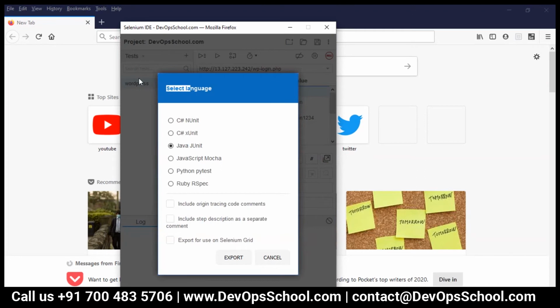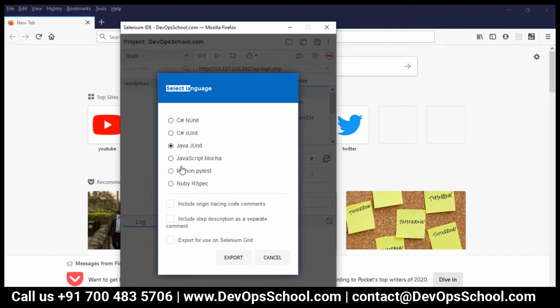Guys, here you get so many options. If you are a C# programmer, you can use this one with NUnit combination. If you are a C# programmer with XUnit, you can use this one. Java and JUnit, you can use this one. JavaScript also you can do that. Python you can also do that. Ruby also. Some other version if you want, you have to install the other extensions also.